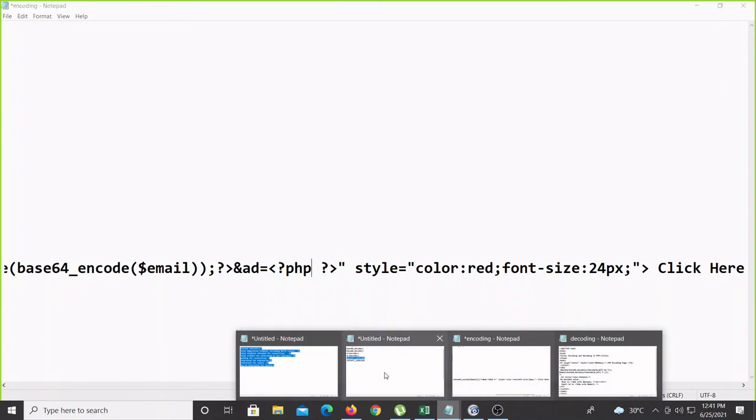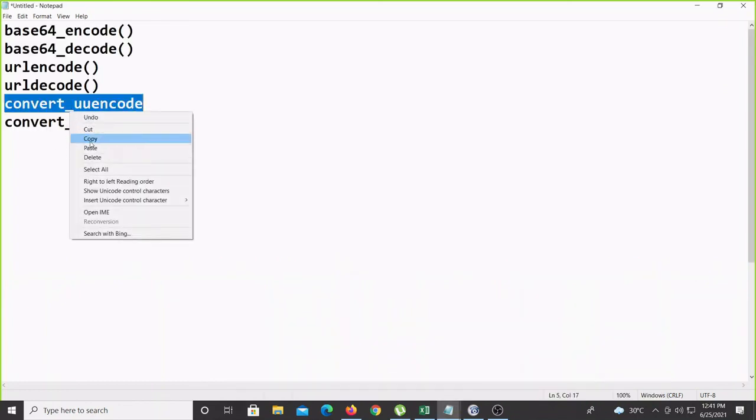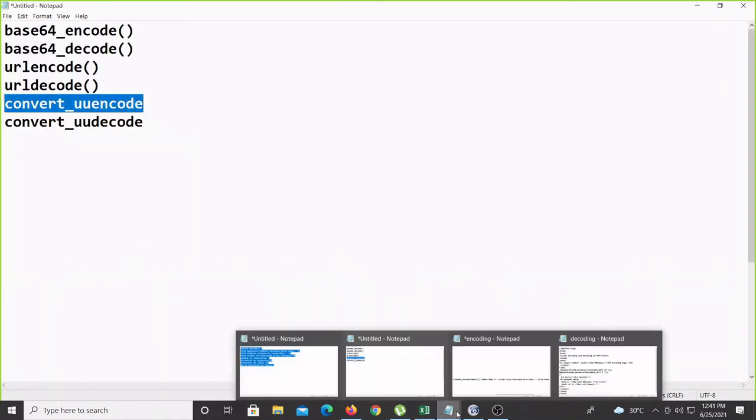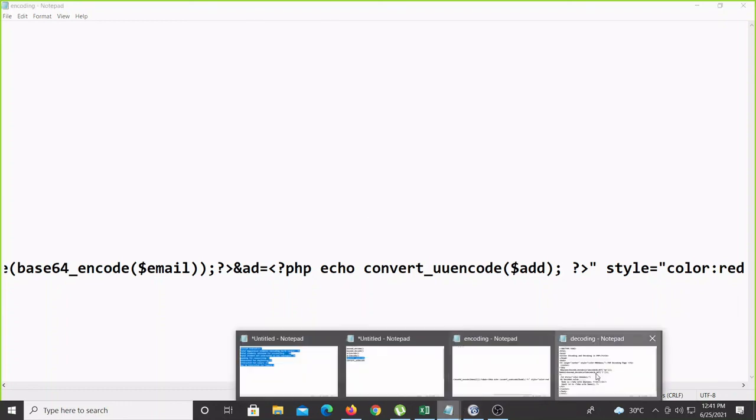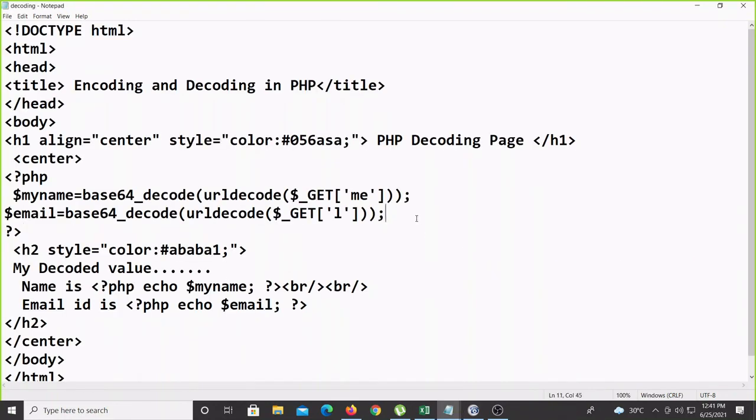And what is the function name? The function name, I will copy here: urlencode, convert urlencode, that is called. Okay, so echo urlencode of $addr. Yes, done.